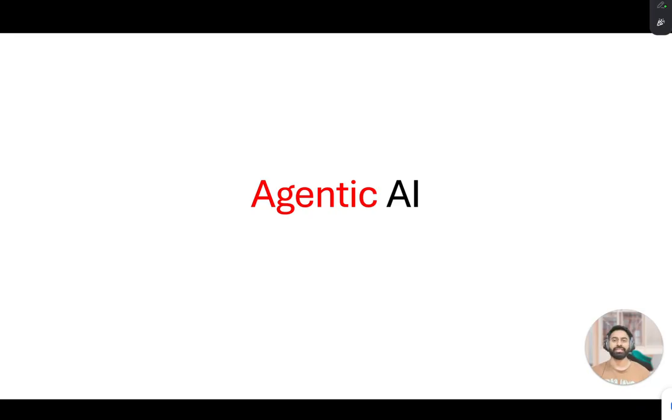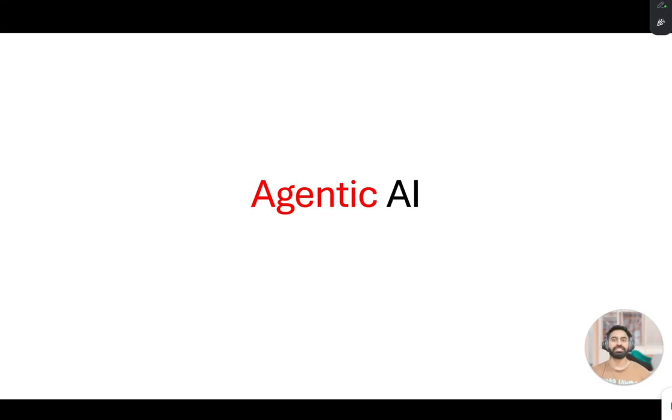So, in a way, it is good, according to me, because it is an example of how fast AI technologies and models are evolving. Then again, what really is agentic AI? How is it different from generative AI? What is so powerful in it that is really making news everywhere? Let's try to understand this in this particular session.